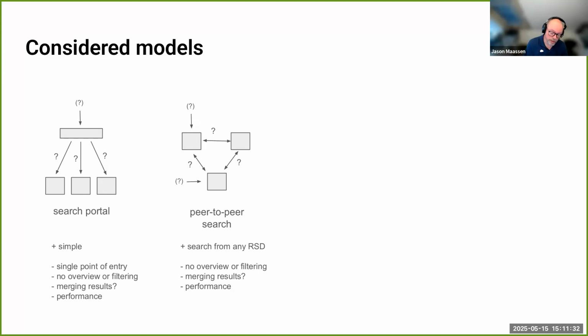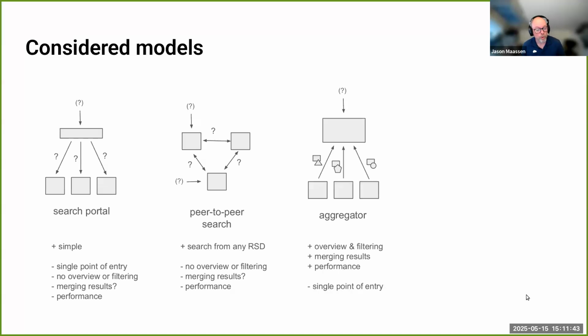This gets rid of the problem that you have the single point of entry, but of course the rest is essentially the same. So you have the same issues that you would have with the search portal. We also considered building an aggregator where you collect information from all the different registries in one place. The nice thing about this is that it allows you to provide an overview and do filtering on the aggregated results. The performance is potentially better, but again, you had this single point of entry,